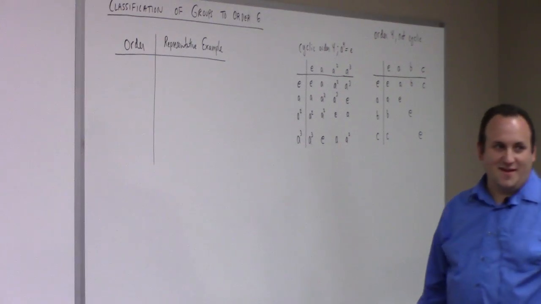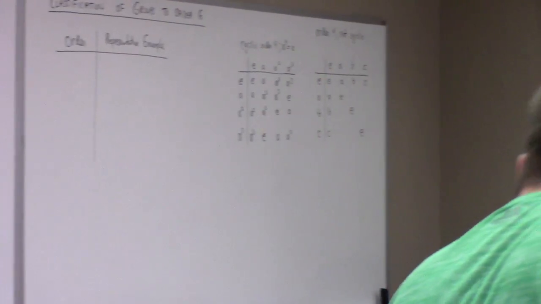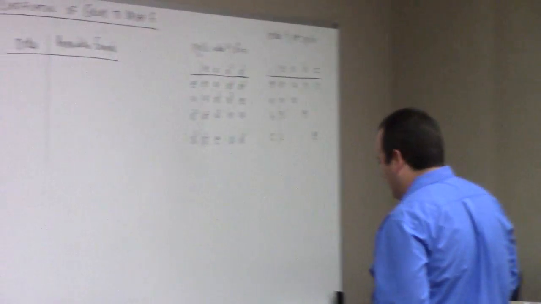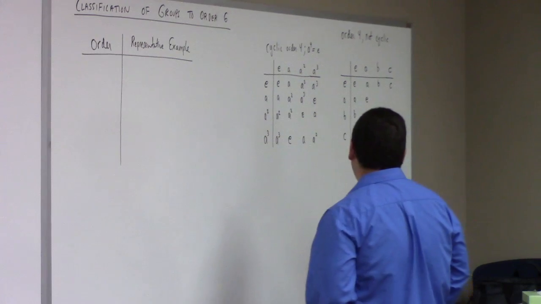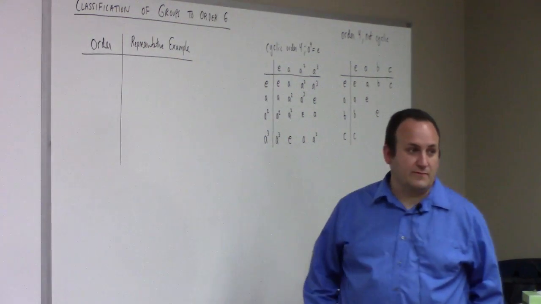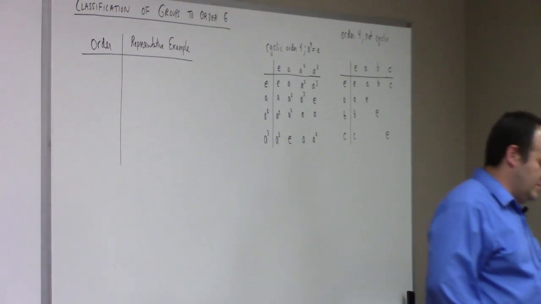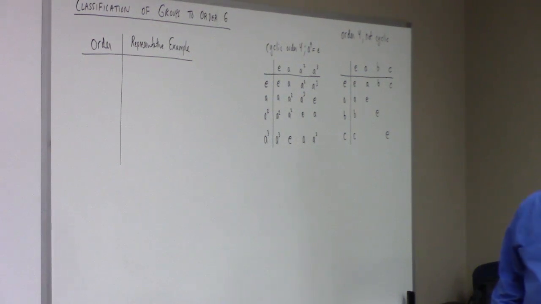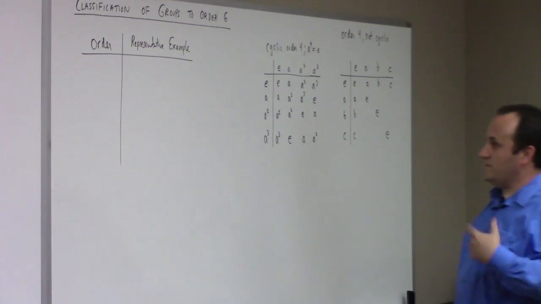Let's see here. Okay, so I'm going to start today by talking about the classification of groups up to order 6. And this is going to be a little bit annoying because what it means is that the blood, sweat, and tears that you poured into your homework to prove that something was isomorphic to a particular group of order 4, if you did that, well, it could have been circumvented by this theorem. Okay, so first of all, I would point out